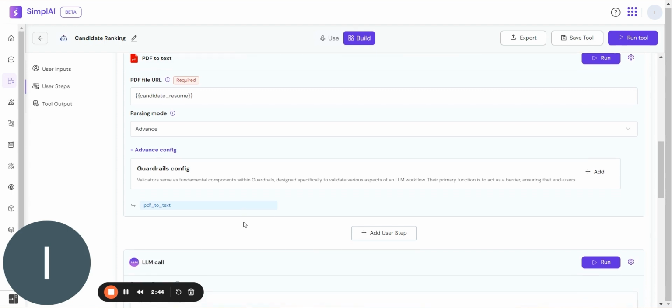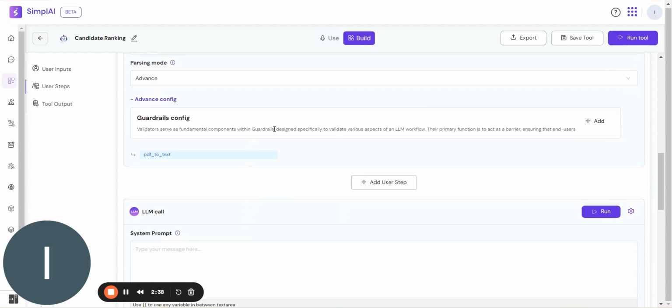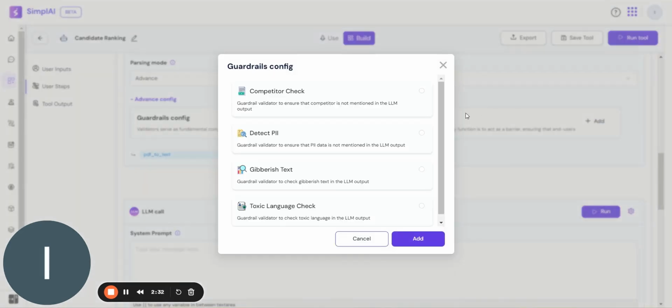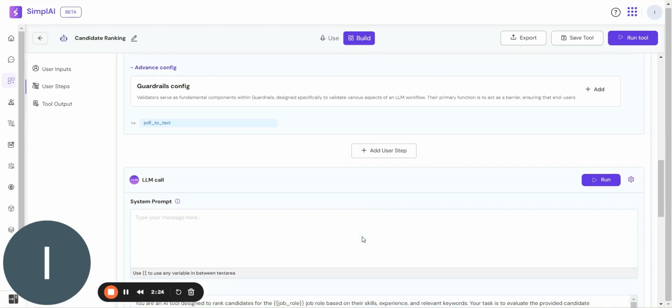This means it can handle complex formatting and various file types without breaking a sweat. Now, we will see the guardrail configuration. This step is mainly used to ensure that the process is smooth and error free. You can also add some guardrails of your own choice. These are the validators that act as quality control.